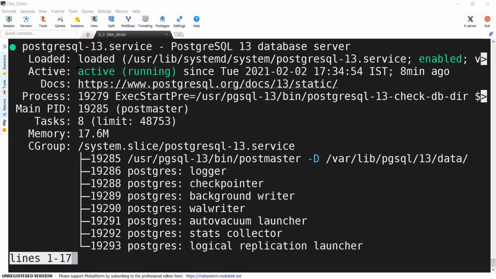So my service is active and running. So that's for the PostgreSQL installation. Now let me connect to my database and show you how it works.